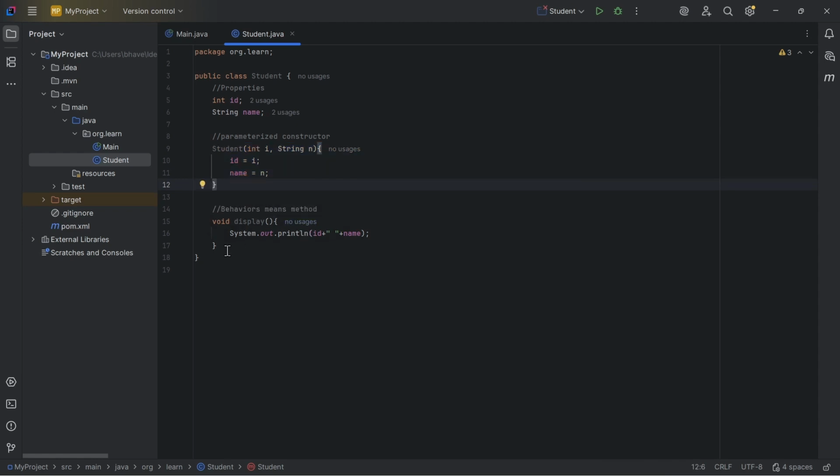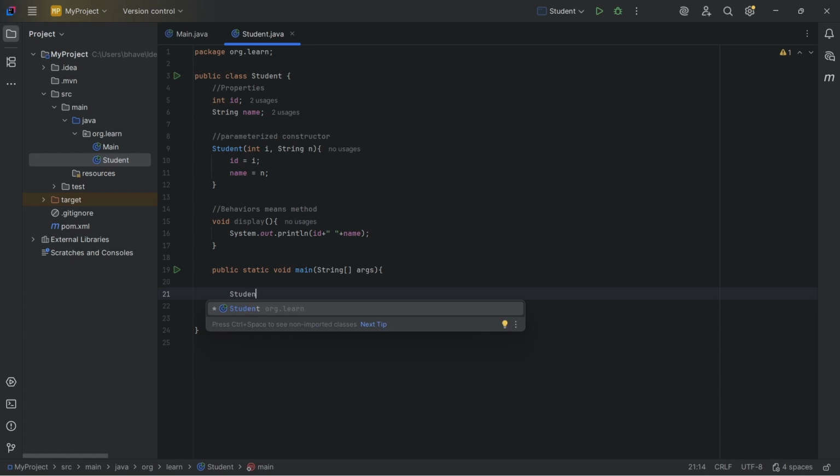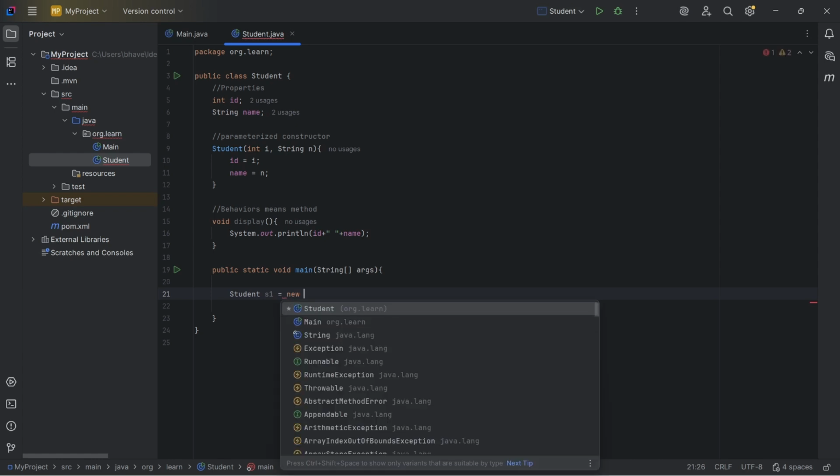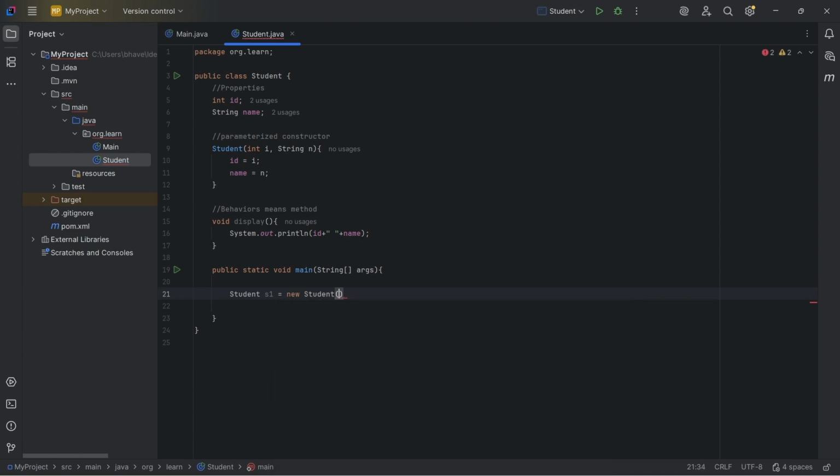Now, I will define one main method so that we can run the program. Say public static void main, String array args. Now inside this main method, I will create an object of the Student class. Let's say Student s1 equals new. When I am using the new keyword, it means the object will be created in this line. So object creation will happen, new Student, and